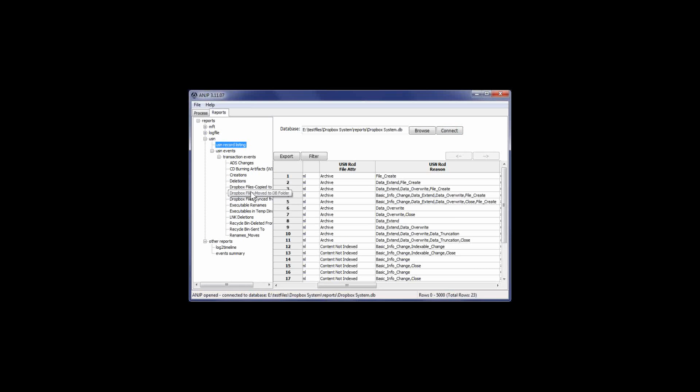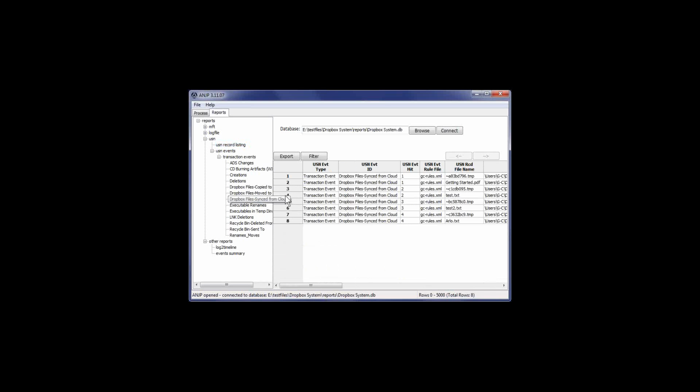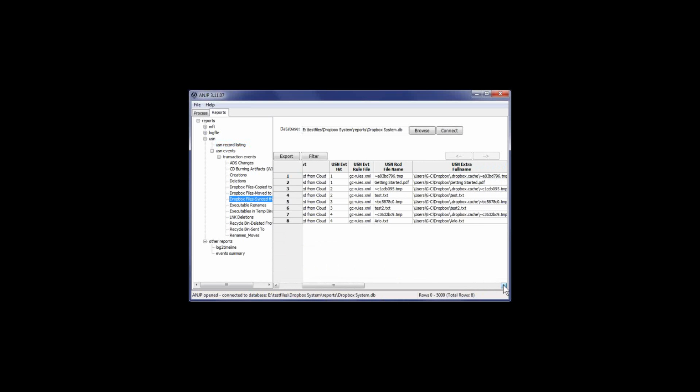Now, you can see here that we have a couple of different signatures that have matched for Dropbox. And I want to talk about how each of these work. So the first one you see is Dropbox file synced from cloud. How can we determine that a file was actually downloaded from the cloud to the system and not the other way around? So the answer is, what you'll see here is that you have files